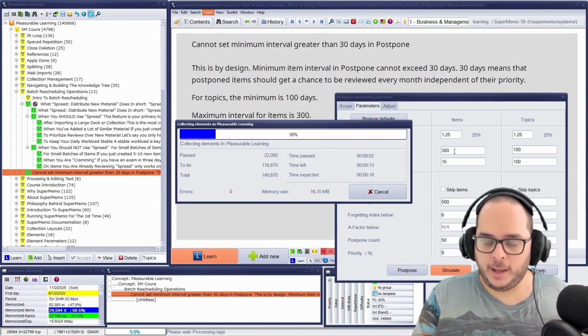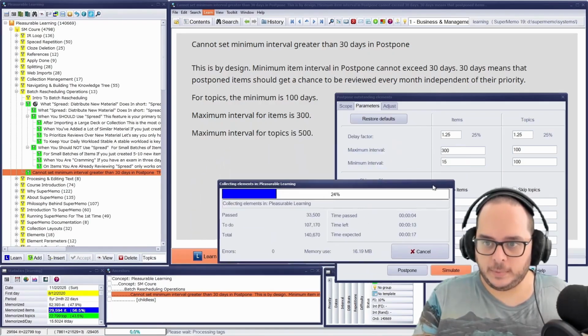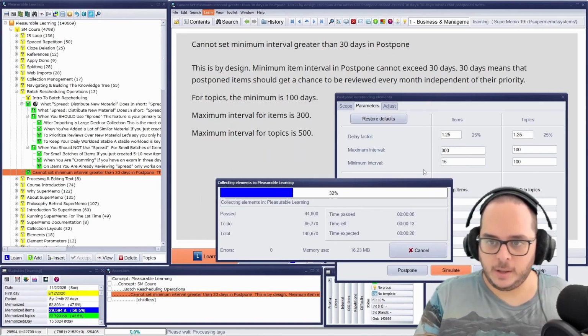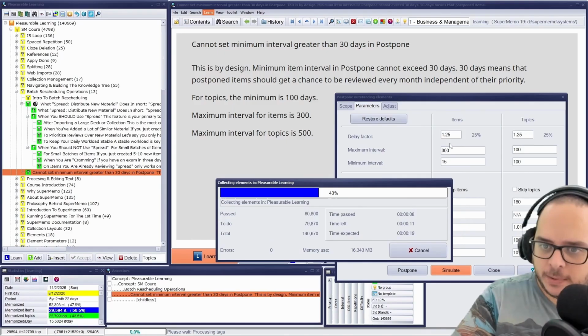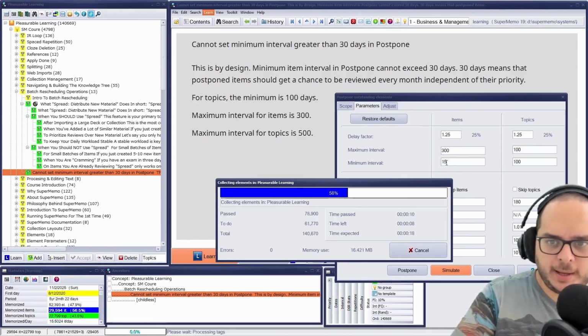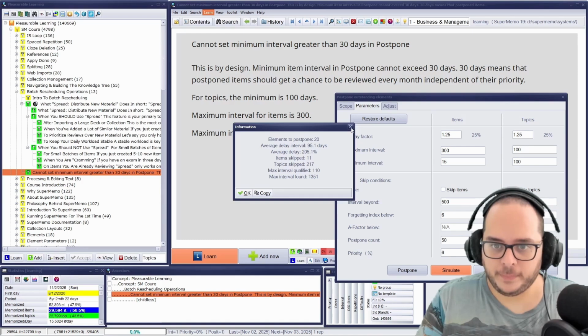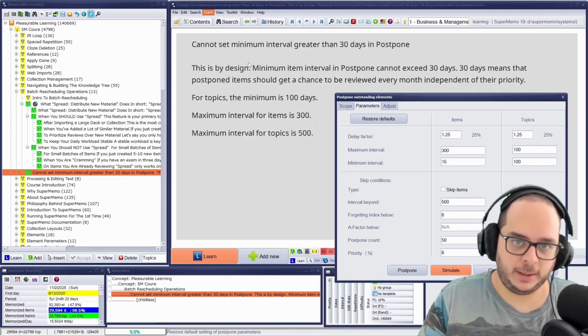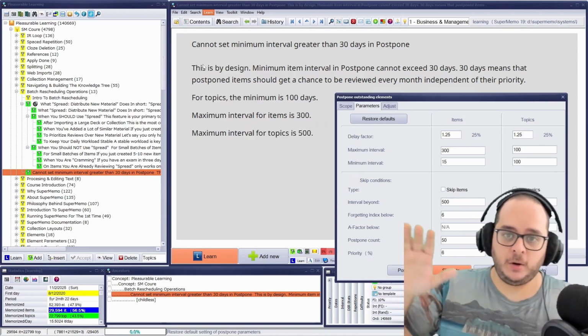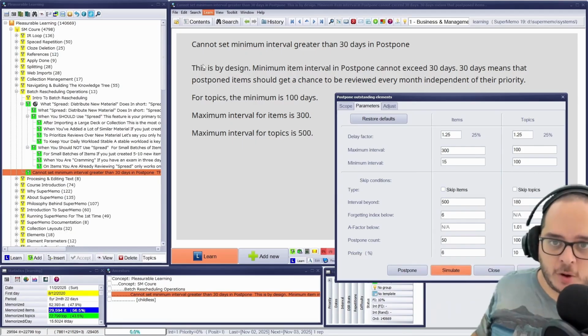do you see it got reset? 300? It was 1000. Hey, but 15 was not modified at all. Okay. That's because now this is dated. It's the only thing I got from the documentation.